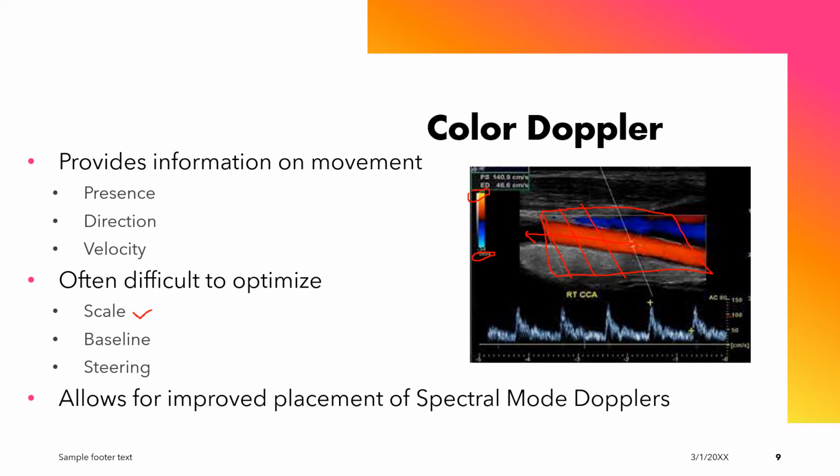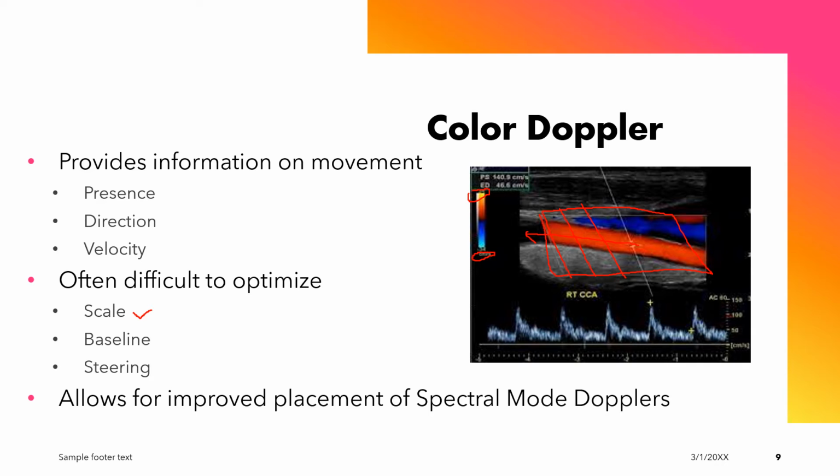Now, if I was getting values that exceeded what I had set on my scale, what happens is something called aliasing, where anything that was beyond that, say 60 centimeters per second, anything that was faster than that would be represented by a blue. It kind of does a wraparound. So in order to prevent aliasing from happening, you have to have an appropriate scale set. So one of the most important things that you're going to do when you're utilizing color is set your appropriate scale, making sure that all forward motion is indeed classified with the correct color and that you're not demonstrating any aliasing